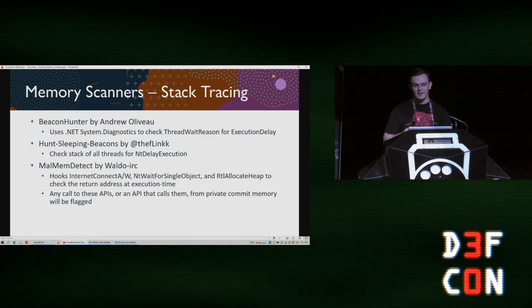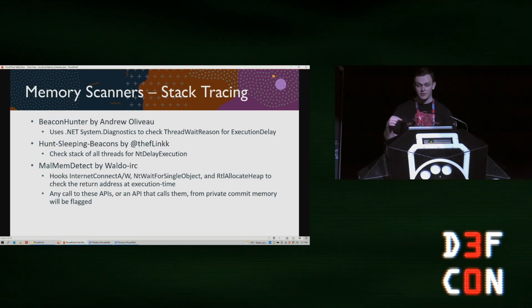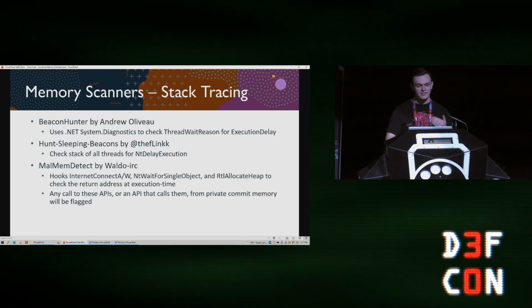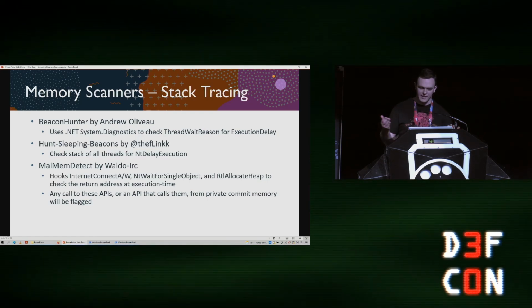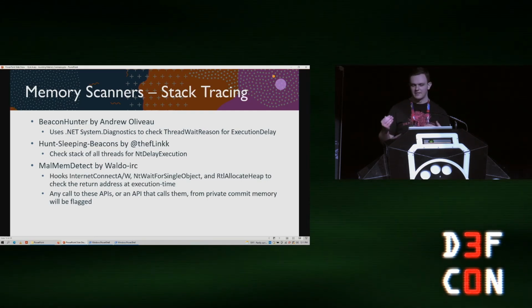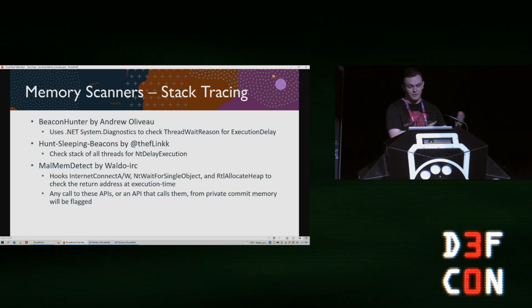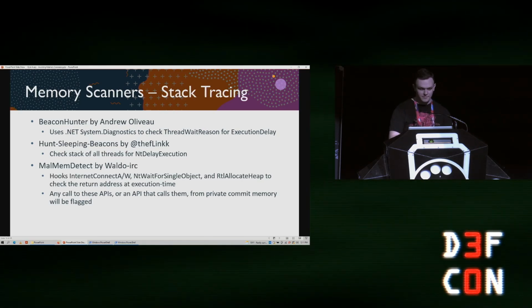It will hook these, and when they execute, before it allows that to run, it will actually check the return address, similar to, I mentioned, PECIV does, but this is actually doing it at execution time, not just when you run the scanner. And so if Internet Connect A is executed and it's being called by shellcode from some private commit memory, then MalMemDetect will flag it as suspicious.